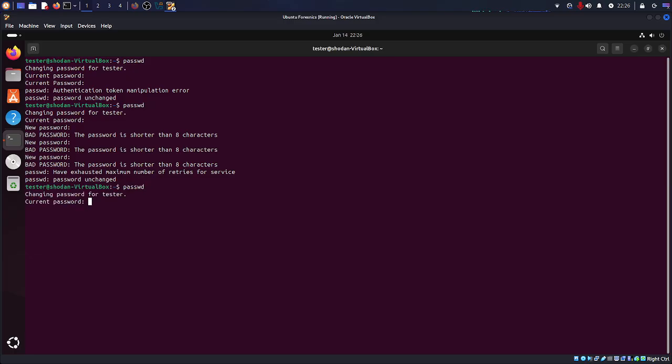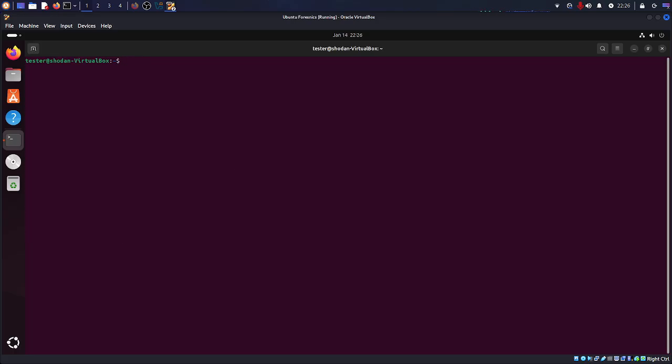In this case, hold on, it's requesting a better password. Actually, no, it's all right. It went through. So yeah, that's how you would change the password for either another user or your own user. But just keep in mind, if you're going to do it for a different user, you need to have the